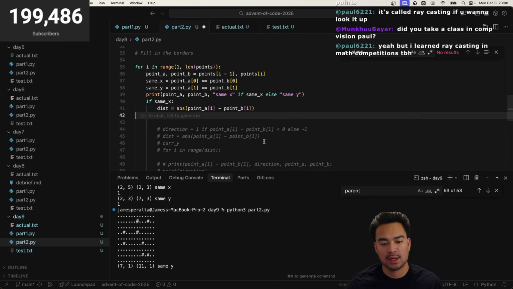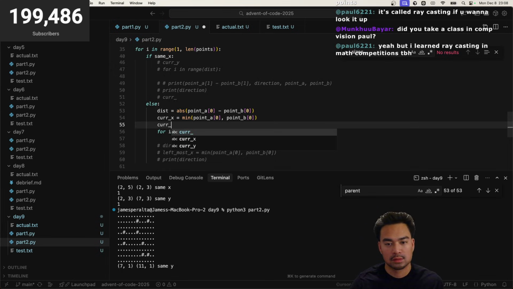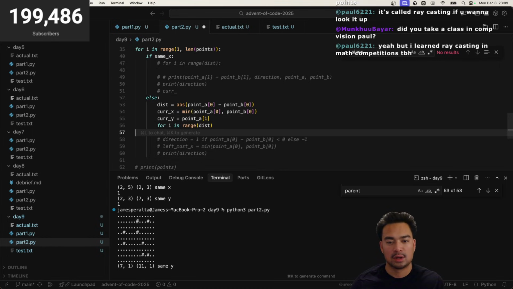Holy crap, raycasting is tweak. I'm gonna just fill it out brute force right here. I'll look that up in a sec if I can't fill this in. For I and the range distance,